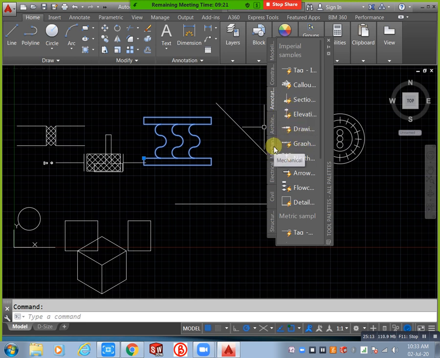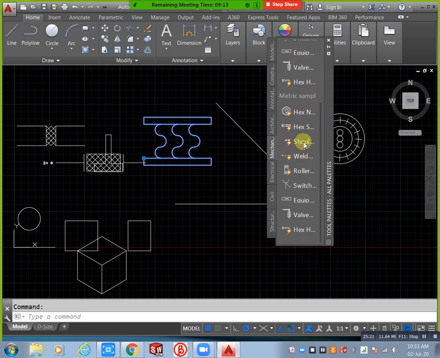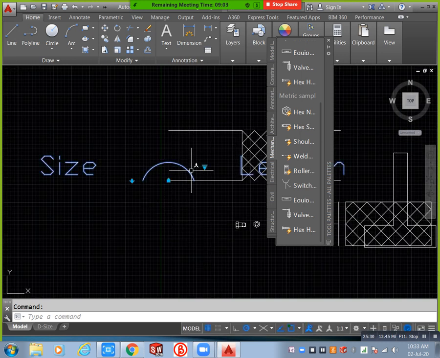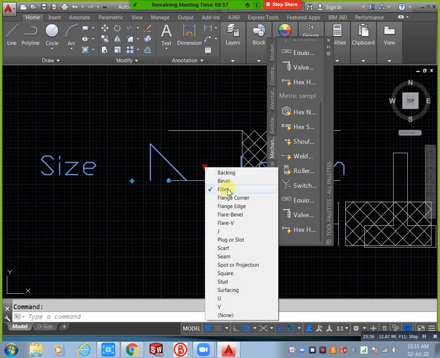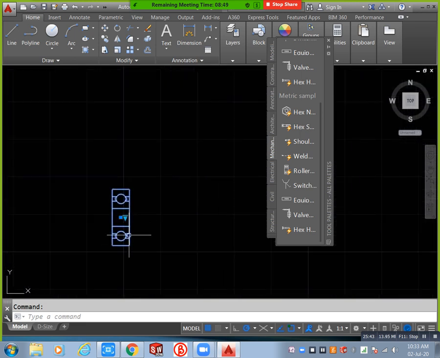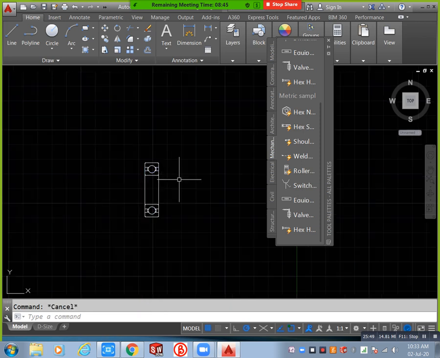You can go here and you can apply. Where is our welded symbol? This is. Go to the drop down and you can change your welding. I need fillet weld. I need butt bevel weld. You can consider like this. For example, if you have a bearing, this is our bearing cross section. You can change this into 6004, 6005, like this number. For example, I need only the architectural type. In that condition I need a car, a vehicle type, in building front view. You can select it directly. You can press it. Our car came.